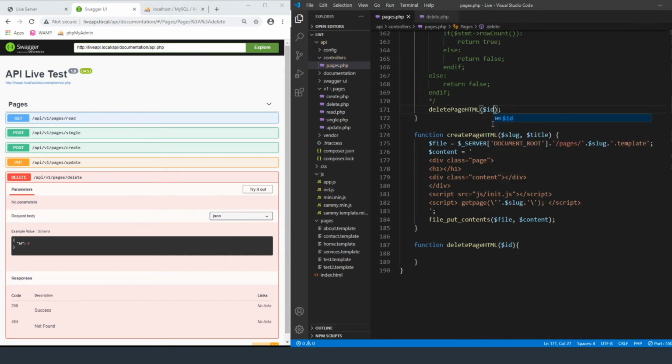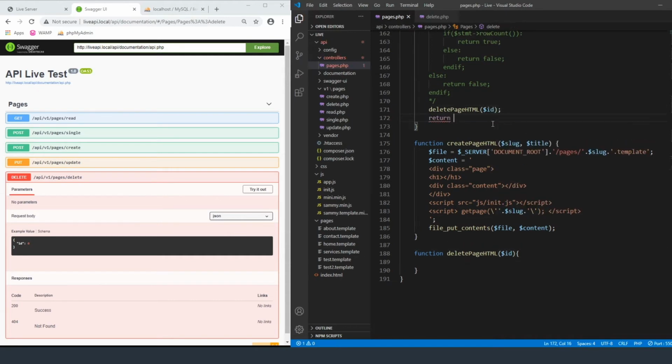So if we do the ID, then again we're going to have to do return true just so it doesn't error out and think that there's something wrong. Here, let's do echo